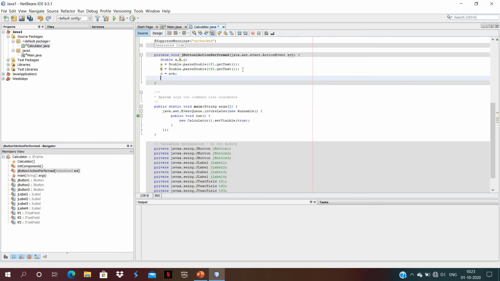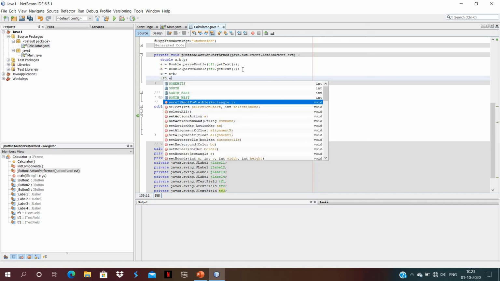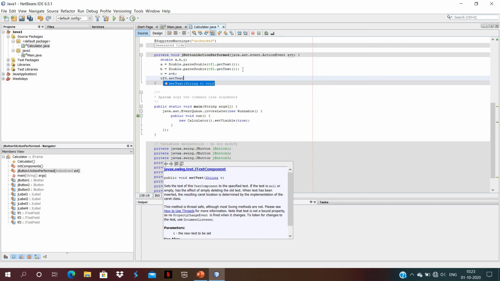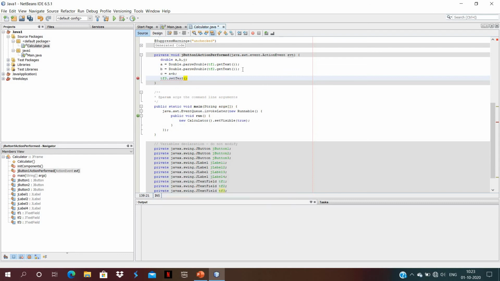After that, tf3 dot setText, we are using double inverted commas for the space and C, because after the formula our output is in the C variable. Okay, now our coding is completed for the addition.